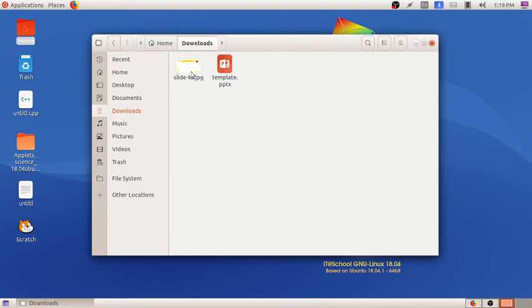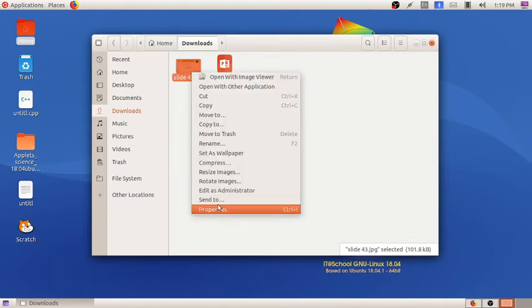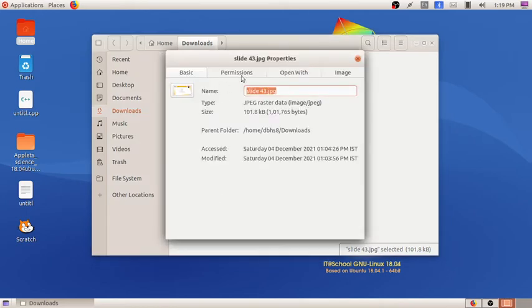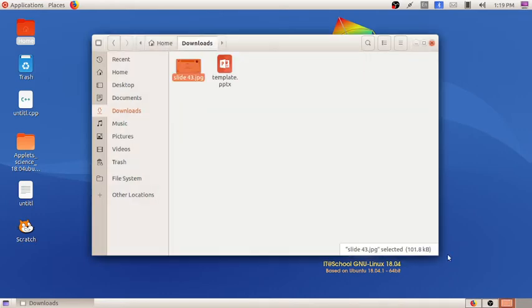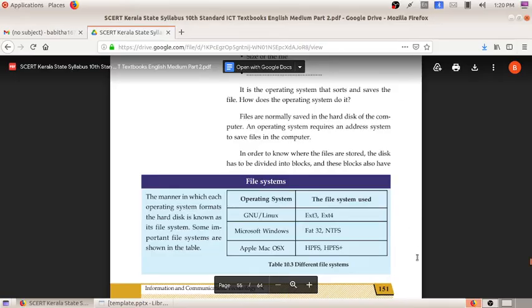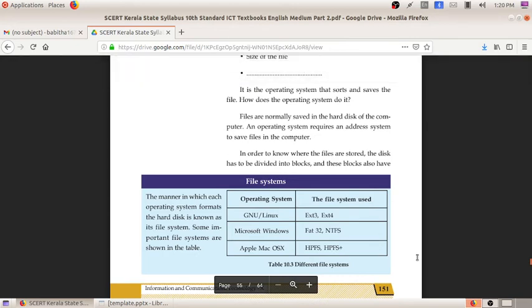When I click on the properties, you will be getting the details of the file: the name of the file, the type of the file, size of the file, and the location also. Where is the location? Home, DBHS8, downloads, this file is saved. So when we are saving the file, these are the informations we will be giving along with that. So the operating system is basically what stores and saves the file.